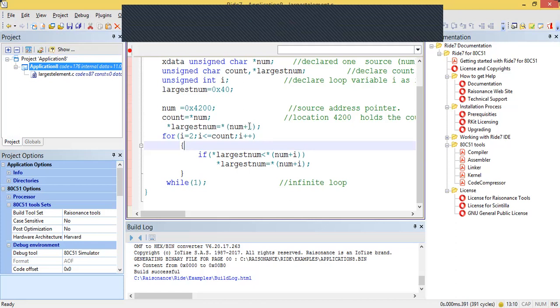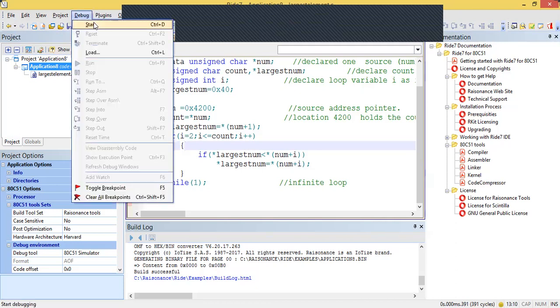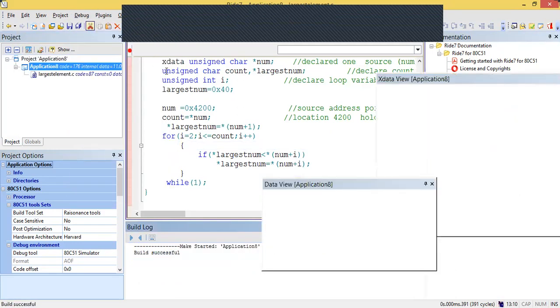We will assume that the first number is the largest number, and we will load it into the variable largest number. Okay, so when you are accessing the first number, you can start the loop variable count from 2 onwards, because we already accessed the first number. Now we need to compare with the second number onwards. So here I can start from 2 onwards. That's the modification. So after the program is successfully built, now we can start debugging.